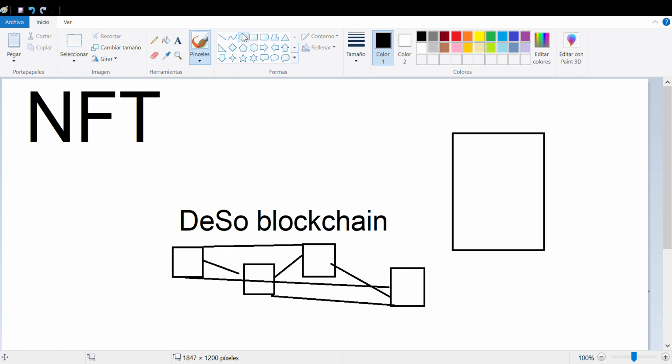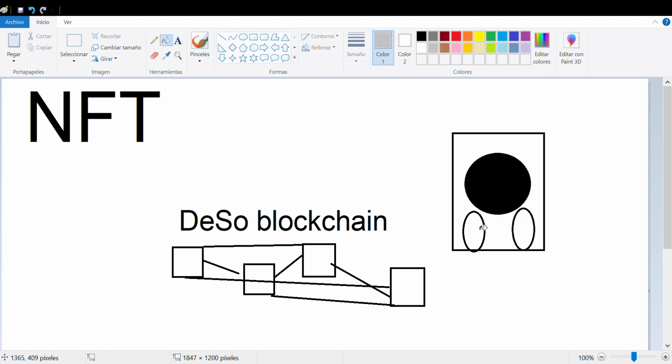Let's say the image is a circle, something like that. So this can be the image, your art for the NFT.